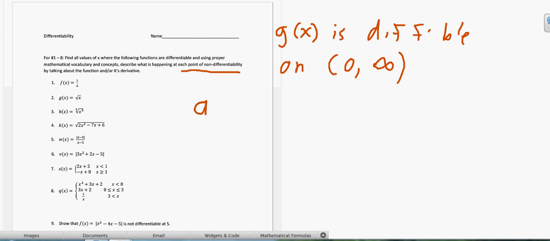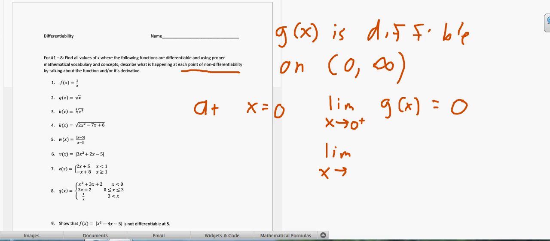So we're going to write this. At x equals 0, we're going to check this out here. The limit as x goes to 0 from above, and we're only looking from above at the right-hand side because, again, g is not defined on the left-hand side of 0. That's why we're doing this. The limit of g of x as x goes to 0 is just 0. That's an easy one. The limit as x goes to 0 from above of the derivative, however, is, remember, the